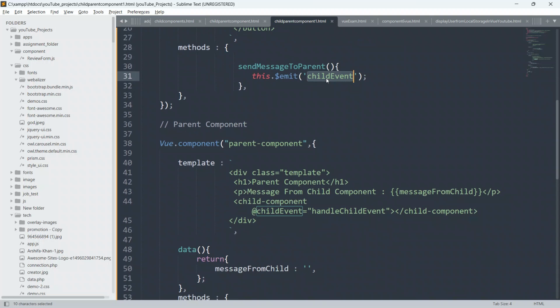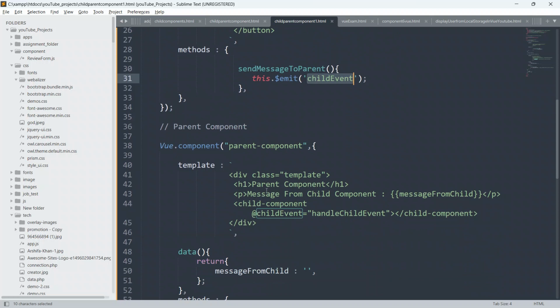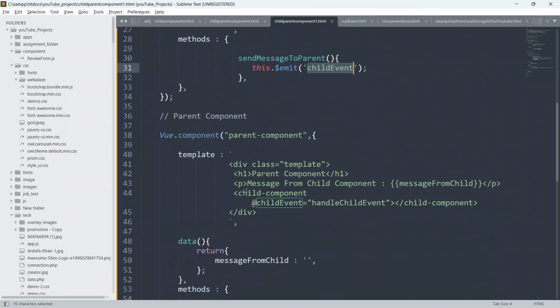So guys, this is a custom event which the parent will be listening to, whenever a user clicks on this button send message to parent. And here we have defined our child component inside the parent component, okay. As you can see here, this is the child component.